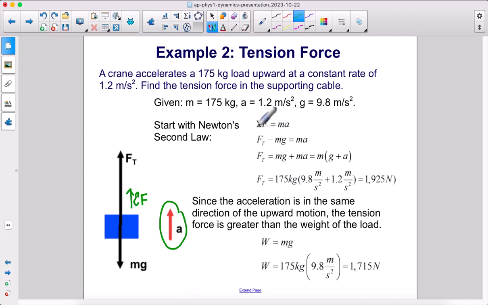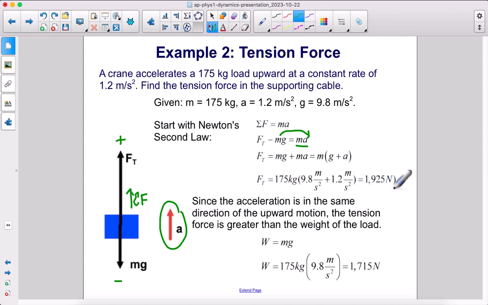So we'll start with Newton's second law. We have tension force upwards in the positive direction, so F sub T is positive. In the negative direction, we have mg, so it gets a negative sign. In this problem, we do have acceleration, so we need to leave that term in. Now we're going to solve this for F sub T, therefore add mg to both sides. You can factor out that m if you want, or not. Plug your numbers in, and we get